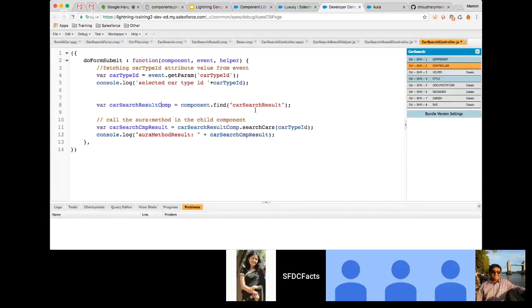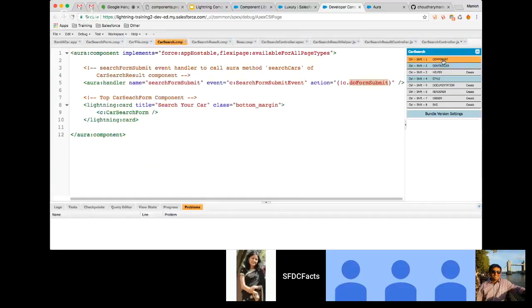What we are doing here, first of all, you must be aware of this find function. We use it to find a component from our component markup, which is uniquely identified using aura id. So let's go back to our component markup and see if we have defined any aura id here. We did not do it, right? So what is the use of this car search result here? So we need to give it our